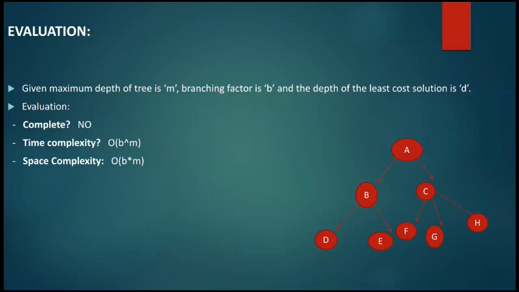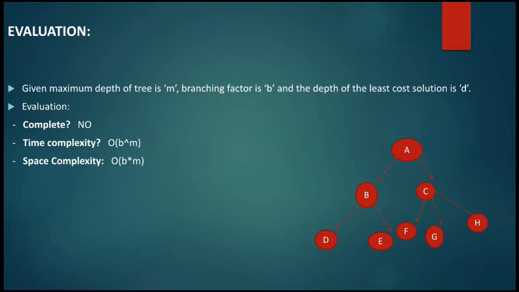Can you tell me whether this particular algorithm is optimal or not? If you are thinking yes, then you are again wrong. If you are thinking no, you are right, because as this algorithm is not complete, it may not be optimal at all. Now how can we determine that? We can determine that because what is optimality? Optimality is to find the least cost goal.